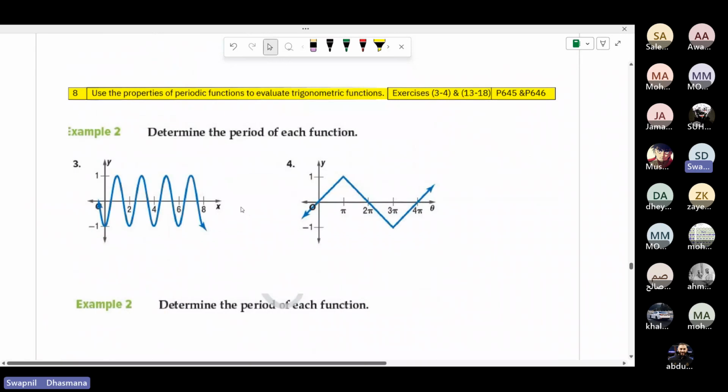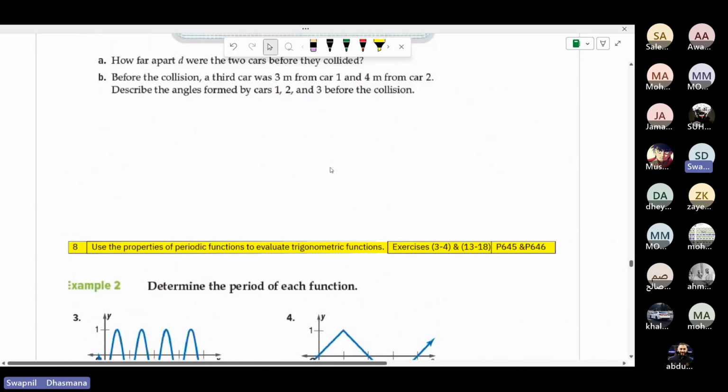Moving on, now comes something which will come in the exam 100%. So before we do this, look at,